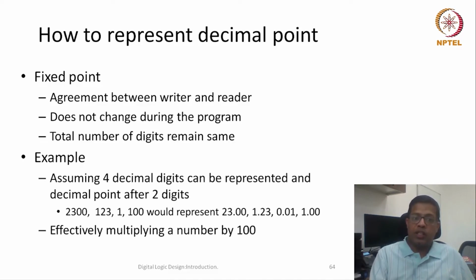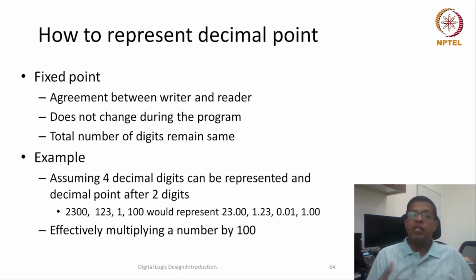So let's take this with an example. Let's say we have a 4 decimal digit number, and we say that the point will always exist only after 2 digits. So let's say we have the number 2300, and because in fixed point notation we said that the decimal point will exist after 2 digits, it's not written over there,